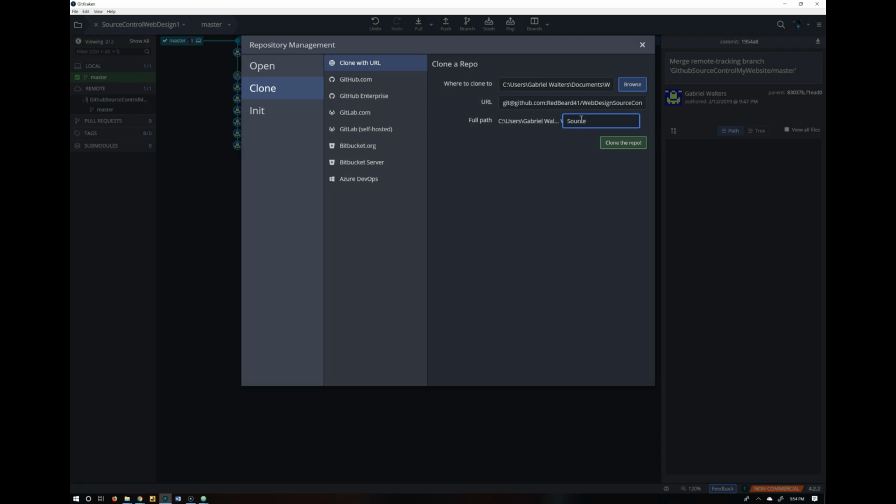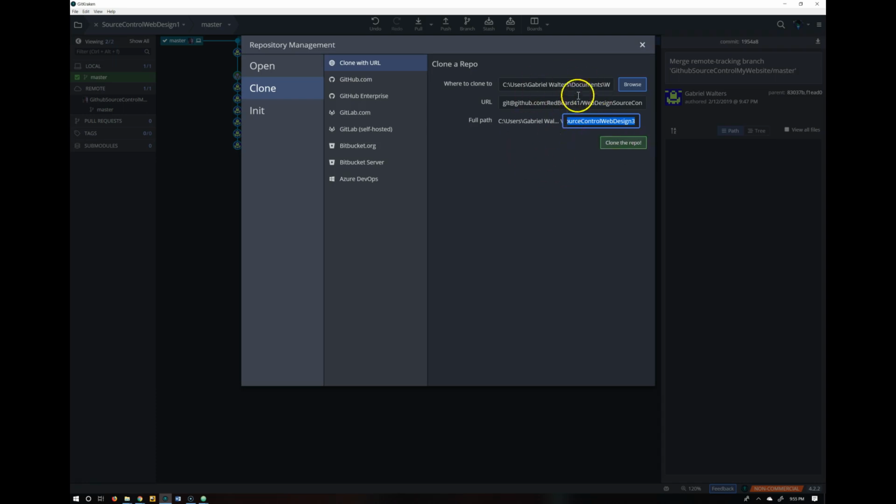I can retype web design 3. The problem is that this is going to get created inside of here. If we don't want to be an additional level deep, then I don't need to choose the folder that already exists. I am going to create that folder exactly in the same location. So I could clone it this way,